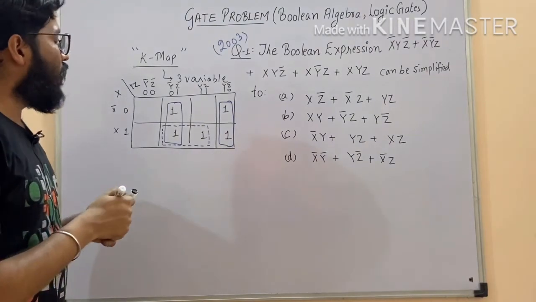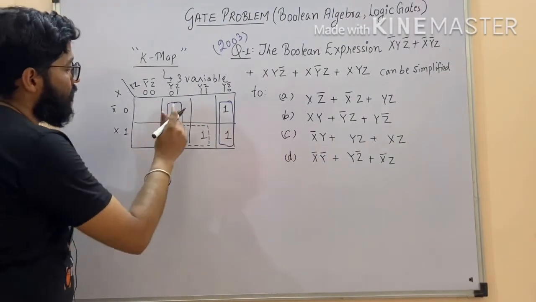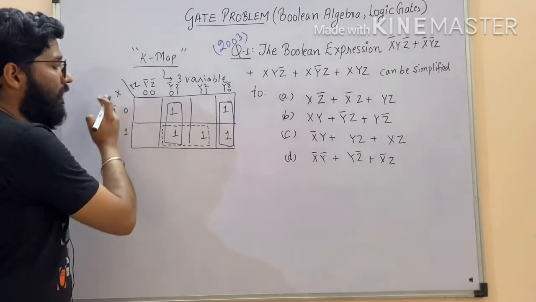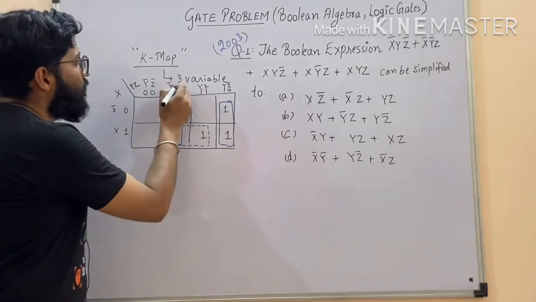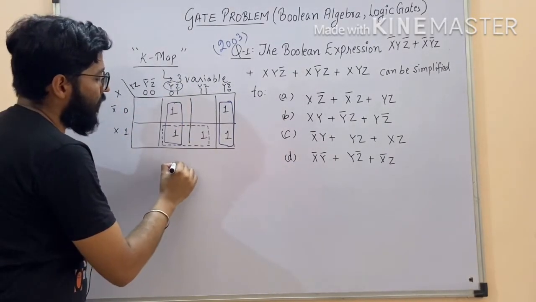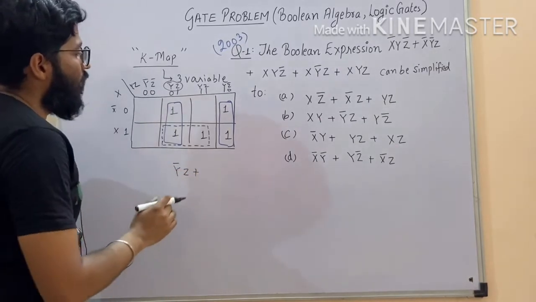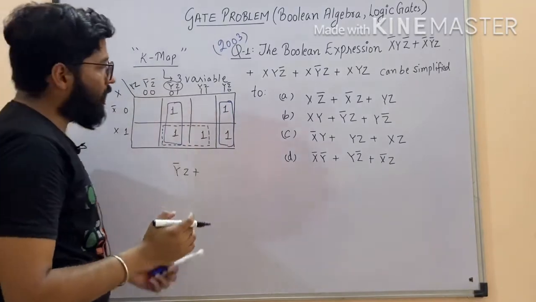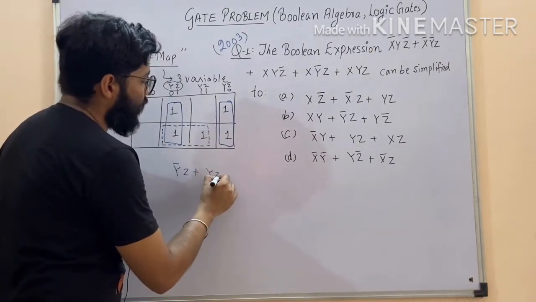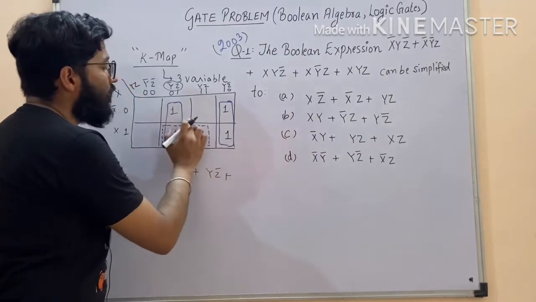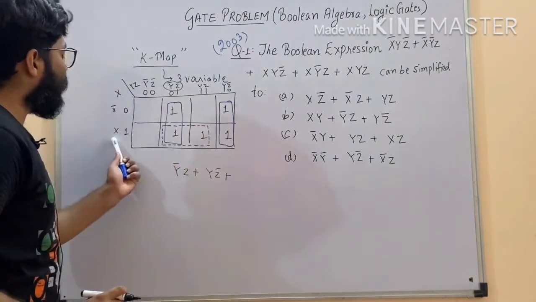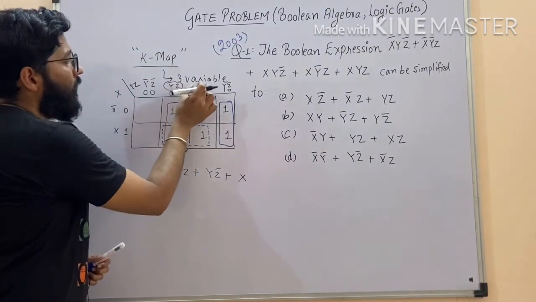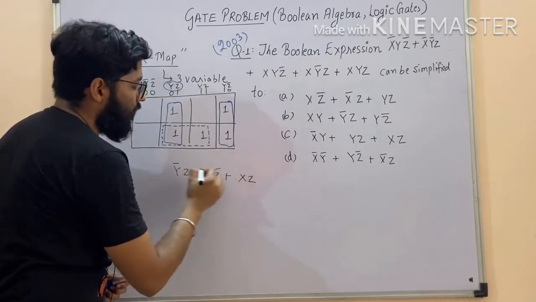Now you have to write the simplification. Firstly you have to see the grouping of this. In the left there is nothing common. In the top what is common is y complement z. So you have to write y complement z plus. Now you have to see the grouping of this. In the left nothing is common, in the top what is common? Y z complement plus. Now you have to write the grouping of this one. In the left what is common? X is common. In the top y complement z and y z, what is common? Z is common. So you have the answer this.